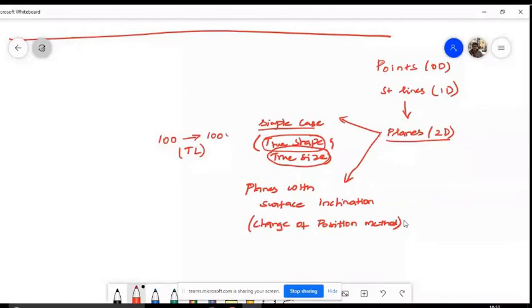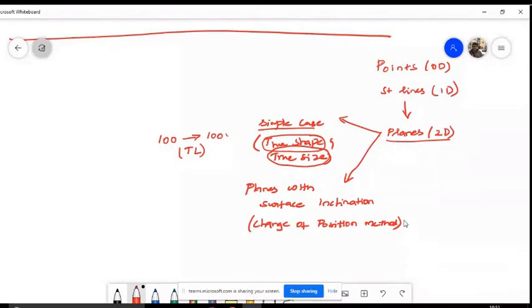Sir, the original shape of the plane. Yeah, the shape should not be deformed or distorted. If it is a rectangle, it should look like a rectangle. It should not look like a square. Can a rectangle look like a square? Is that possible? Yeah, sir, it's projected in a different way. Yeah, if it is inclined at some angle, it will look like a square. That's possible. So it should not look like a square.